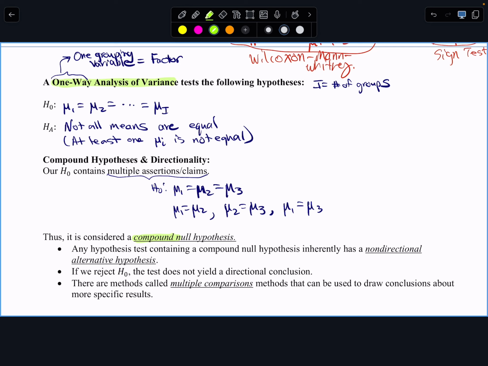Something about these compound null hypotheses is that the alternative hypothesis is inherently non-directional. That means we're never going to have a directional alternative hypothesis for these tests. Our alternative is always going to be that not all of these are equal. So one thing to remember,